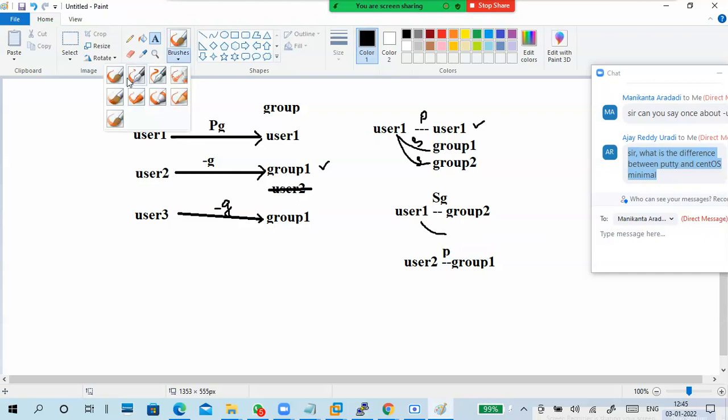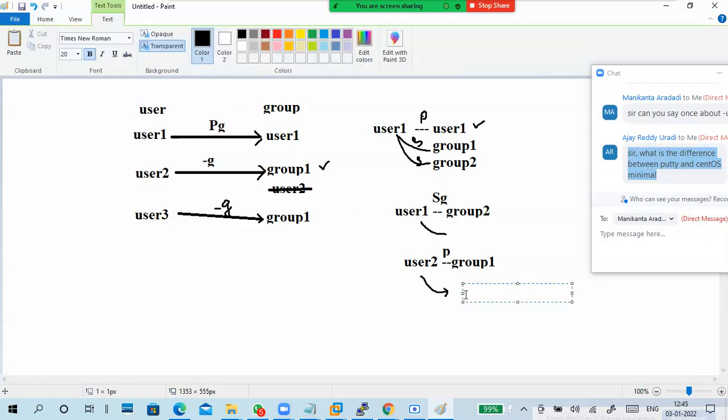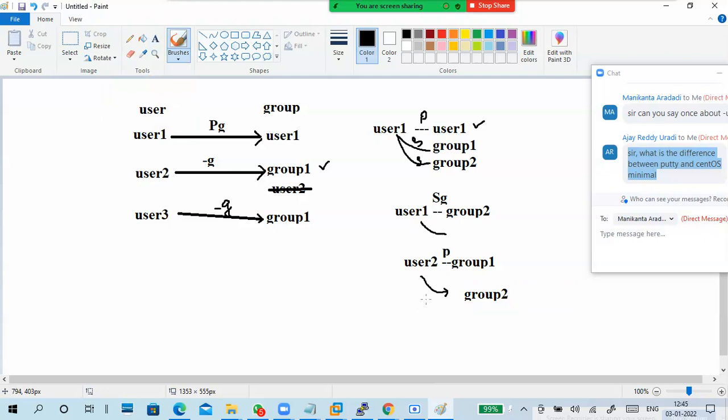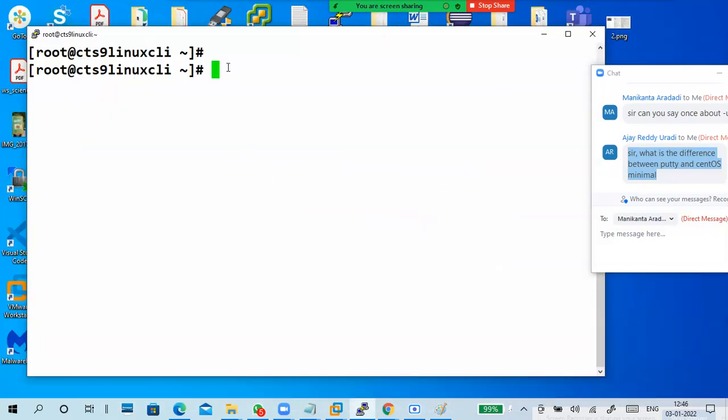Now I want to add user two to group two as a supplementary or secondary group.